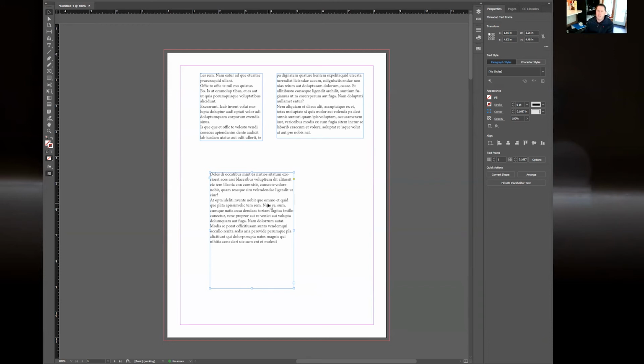If you lay it all out and the client says, hey, we updated that Word document, you can copy the text from Word, bring it in here and select all, which is Control A or Command A on a Mac, and then you can paste and it will replace your text, wrapping it just the way you had before